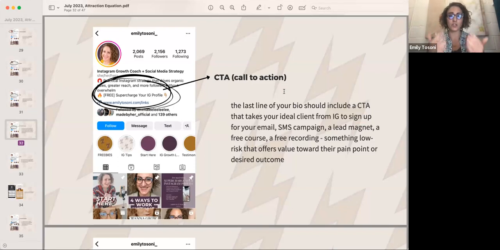It needs to be something that can show the value you have to offer, how you teach, how you use the information that you're trying to teach them, right? Like a free course, a free recording, a quiz, a checklist, some sort of downloadable document that they can consume and implement and use right away.